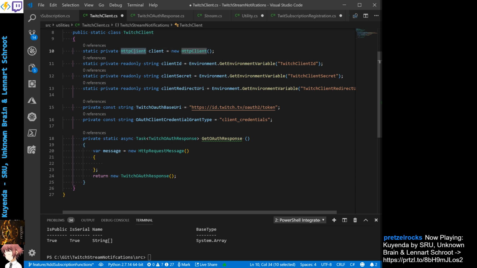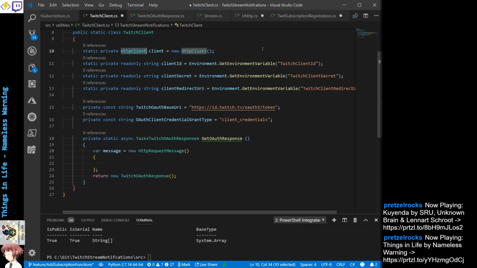You're only supposed to create one HTTP client and reuse it as much as possible. We'll see how well this works, but I'm hoping that I can figure this out and it's not too difficult. The client ID, client secret, and client redirect URI, I'm getting in from application settings, so I'll be adding some new secrets to handle that